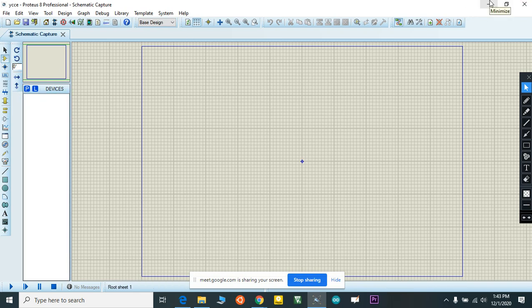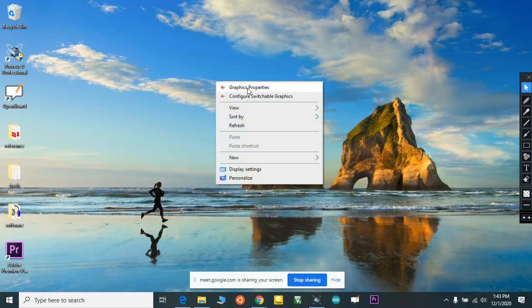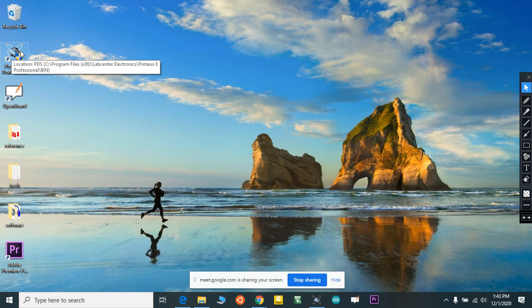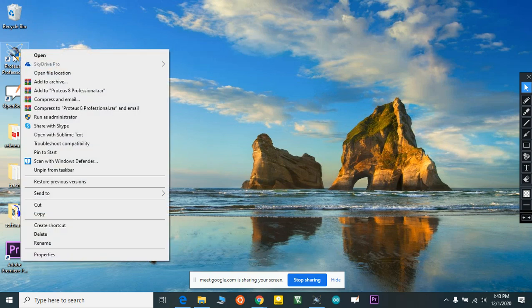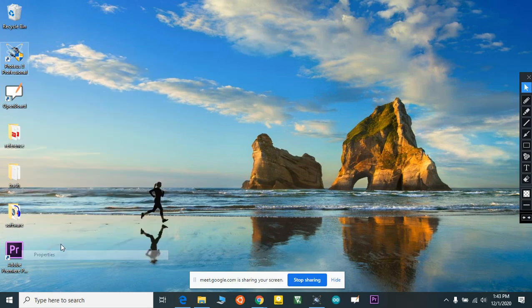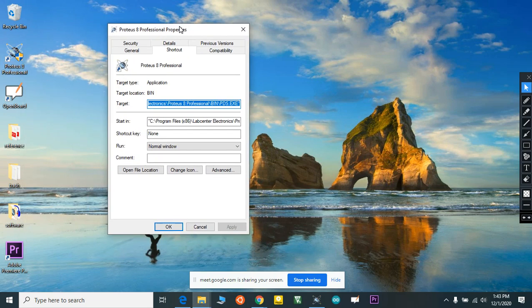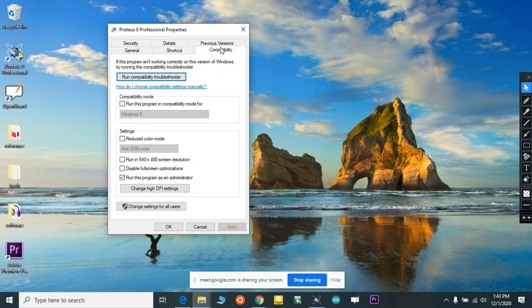First you need to close your Proteus, then you can see your icon here, just right click and go to properties. Proteus icon, right click, go to properties. In properties you can see a small tab like compatibility. So what are the steps we followed? First close your Proteus, then go to your icon, right click and go to Proteus 8 properties.